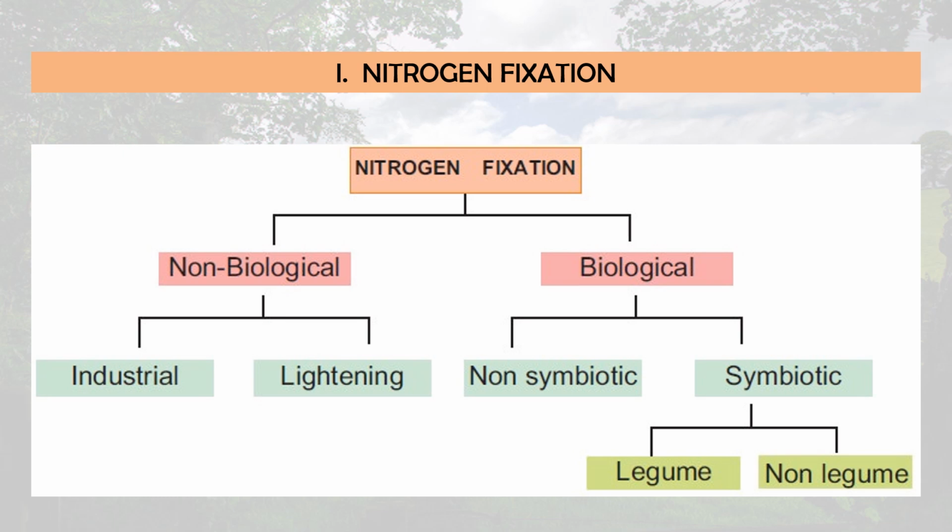Here it occurs in both autotrophic and heterotrophic organisms, and it can also occur in aerobic or anaerobic zones of the ecosystem, and it can be done by symbiotic or non-symbiotic means. So in case of symbiotic nitrogen fixation, it occurs in plants that have nitrogen fixing bacteria,